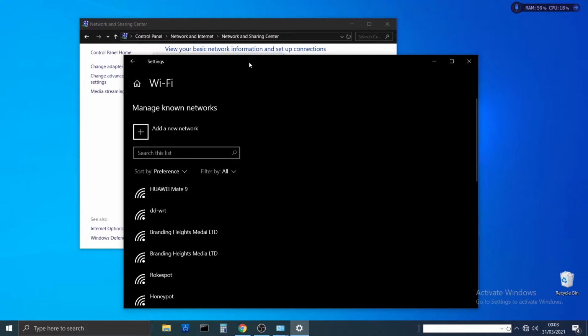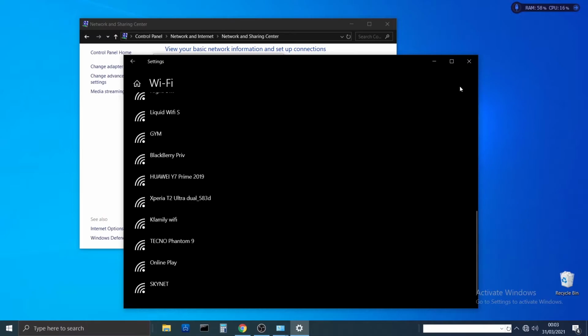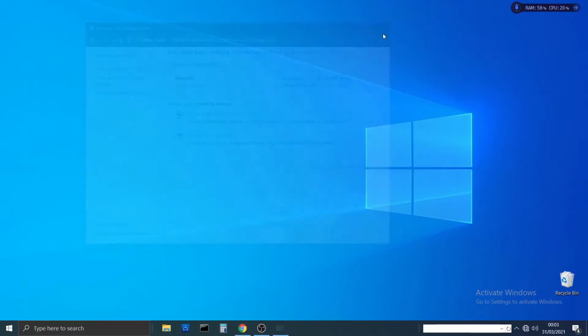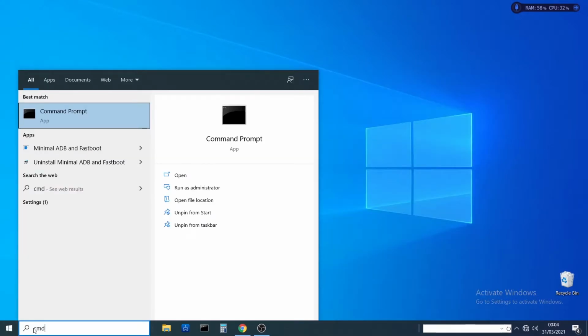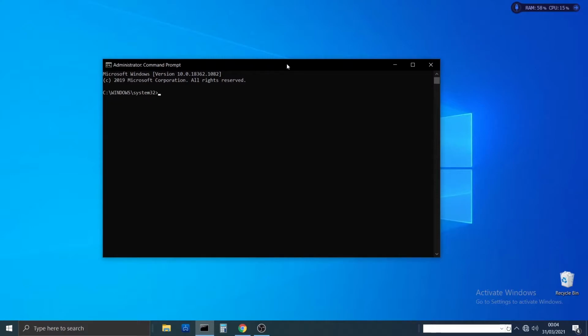Which takes us to our second method, which is the command prompt, where we're going to show all the passwords for the wireless networks that we have connected to before using our device or our Windows PC. So let's close this. What you do is go to your start menu and type in CMD, which translates to command prompt. Run as administrator, press yes, and we're going to type in